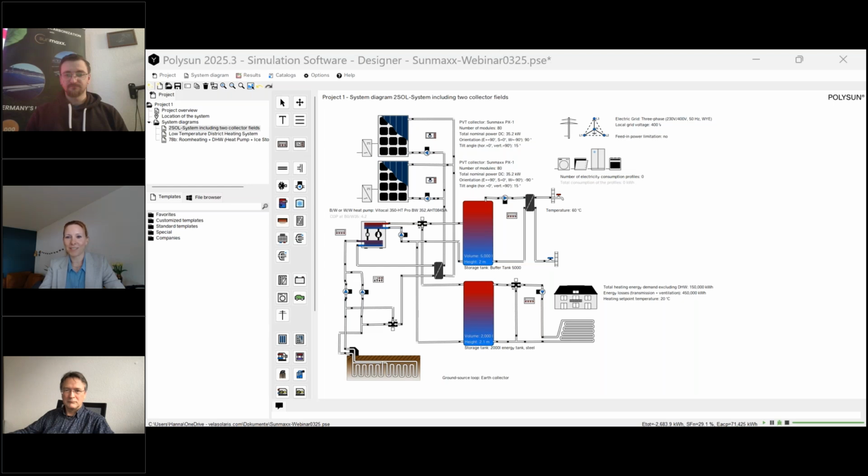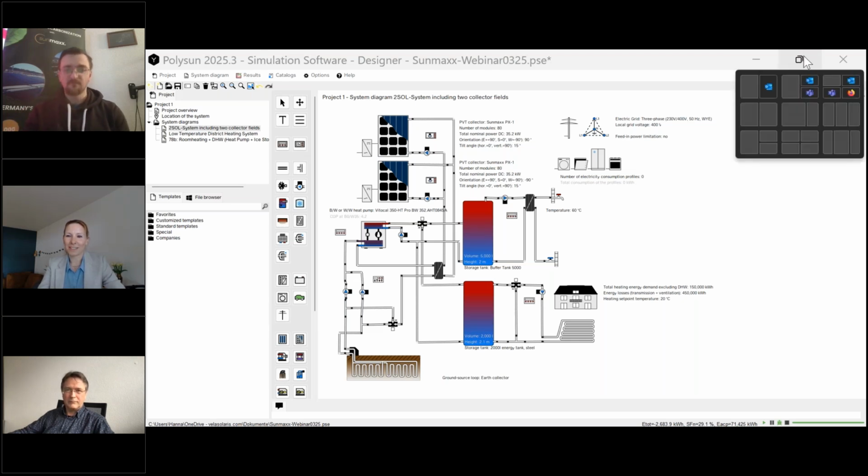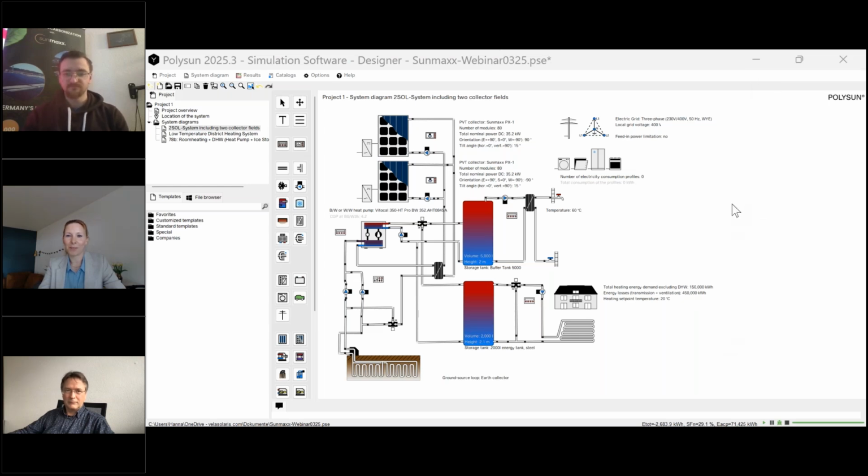We have a lot of components in this energy system, and they all interact with each other and influence each other. So there is no way around using simulation software tools to design these systems properly. And I will take you into the Polysun software, and I hope you can see my screen already. Please don't worry if this is a bit of a deep dive for you. If you never saw Polysun before, my colleagues Andreas and Michael will surely show you the details if you are more interested in getting to know Polysun.